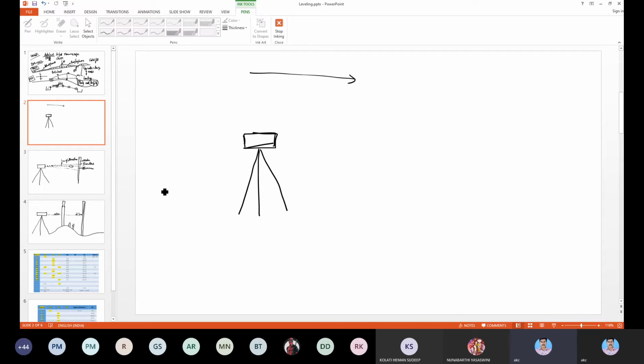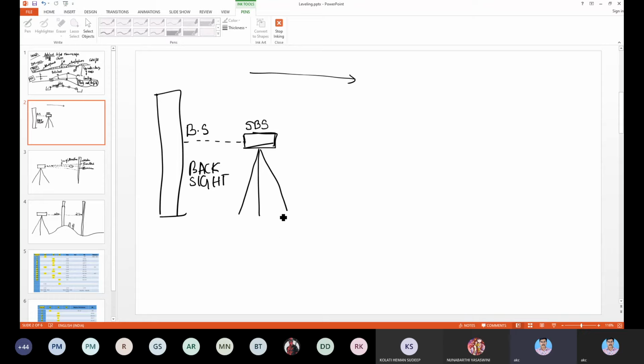So what we basically did in our video is we started from the SBS building. We placed the auto level in front of the SBS building, and near the SBS garden there's a tree. On the tree we placed the staff, so that's a permanent structure, and we took the initial reading. The initial reading is called the backsight. So now we took the backsight.